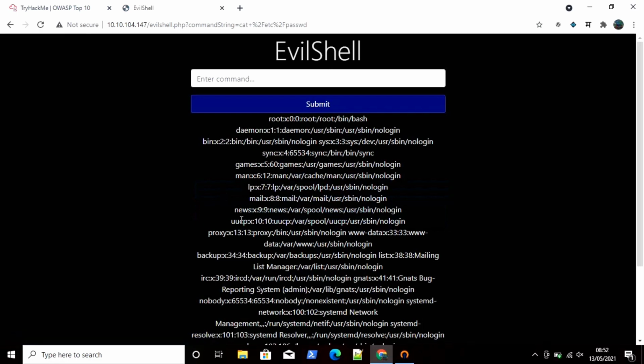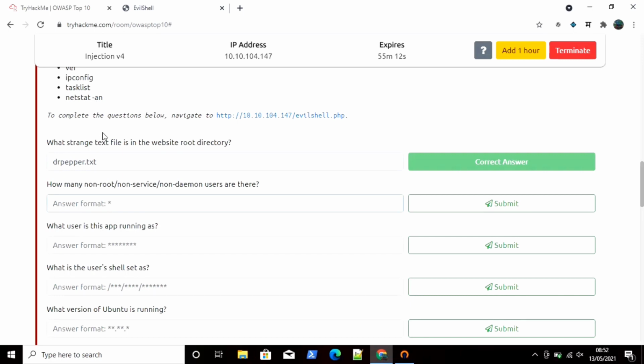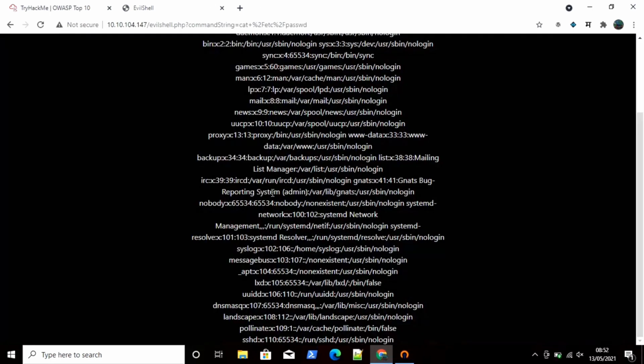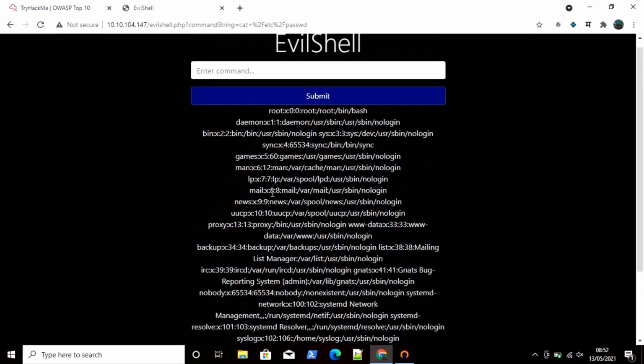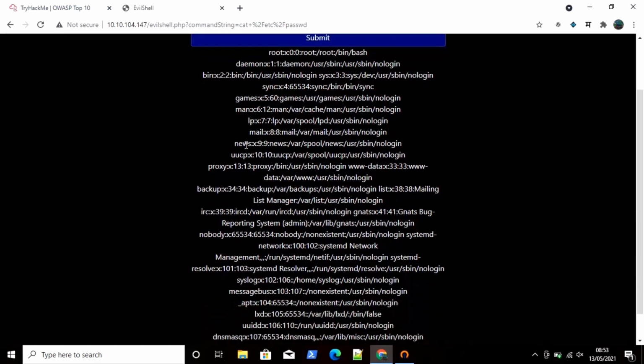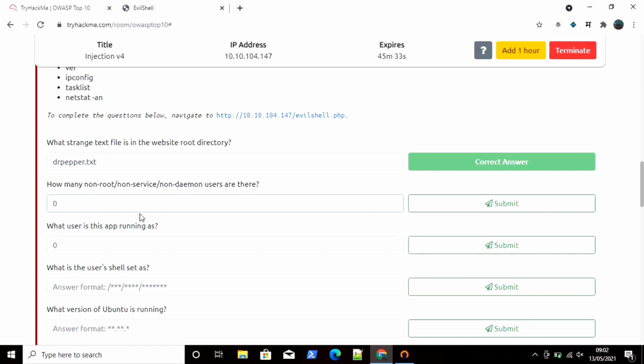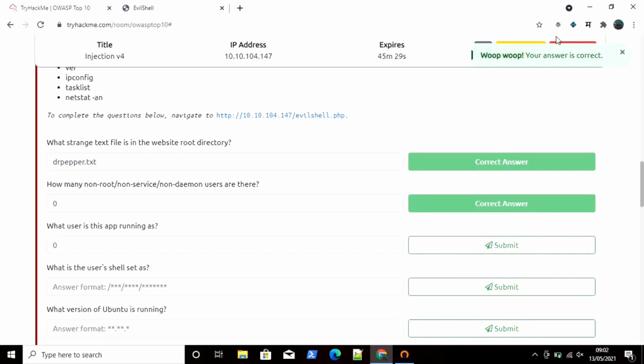After submitting this, as you can see, there are plenty of users like root, daemon and many more. Only one user contains a /home directory and the rest do not, and that is also a system user. So there is no regular user; all users are root, daemon or system users. So our answer will be 0 here. You can just analyze this file. Now open TryHackMe again, use 0 as your answer and click on submit. Okay, this answer is also correct.